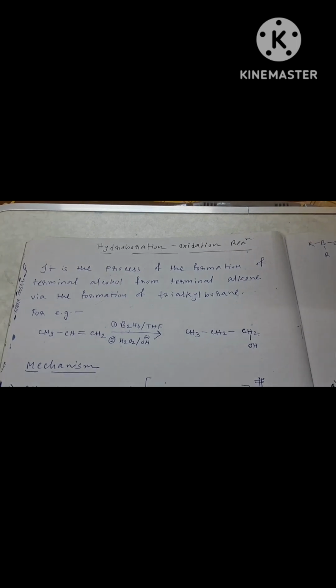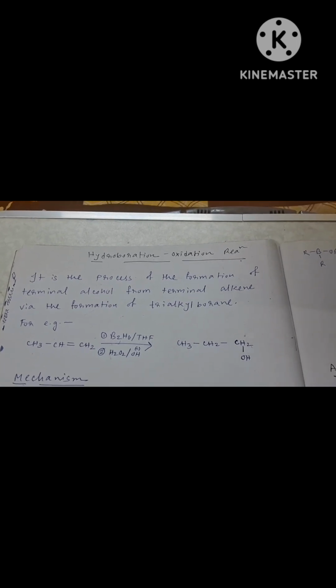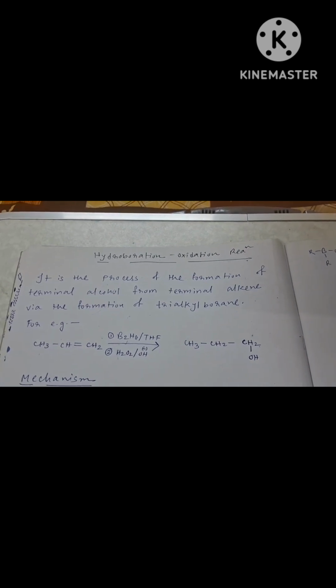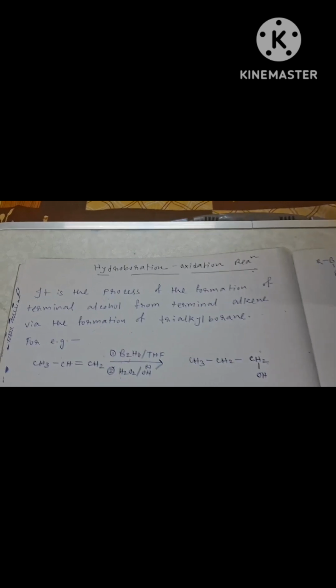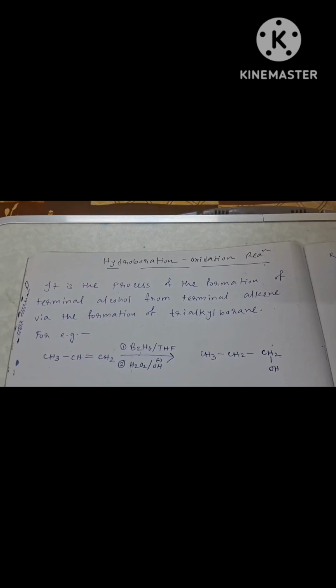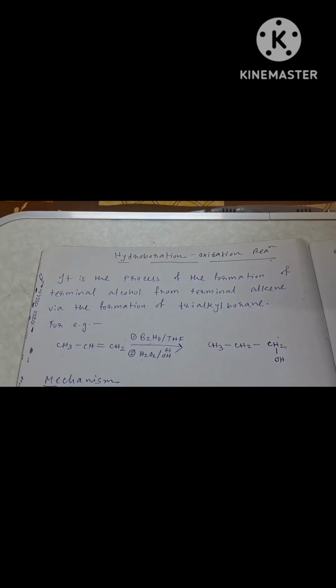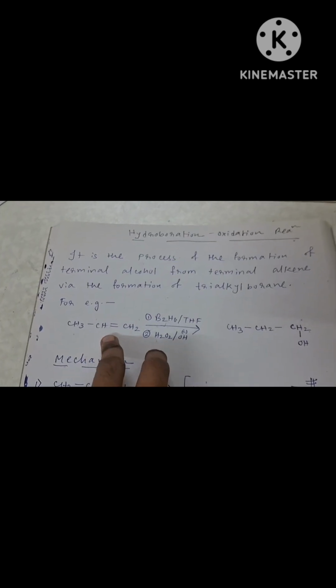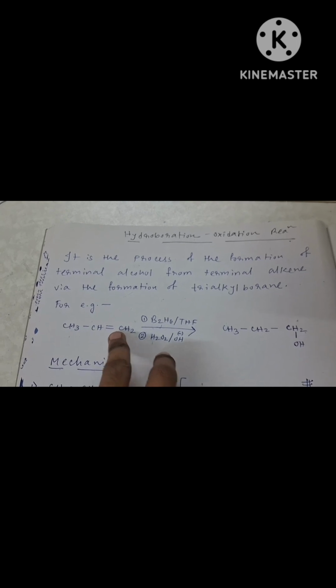So in this video I have shown you the hydroboration oxidation reaction. First of all, this reaction is the process of the formation of terminal alcohol from terminal alkene via the formation of trialkyl borane. Here you can see this is propene, which is a classical example of a terminal alkene, and